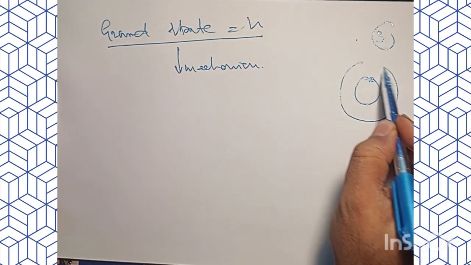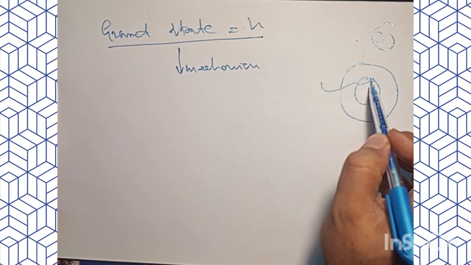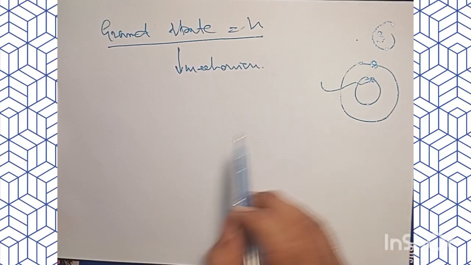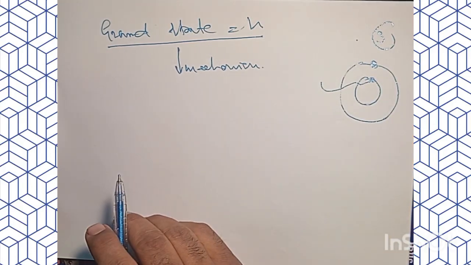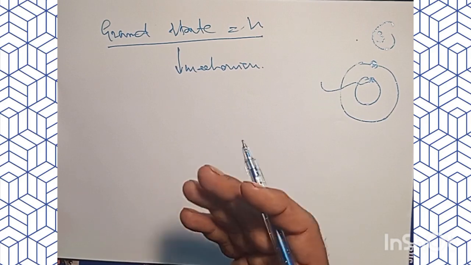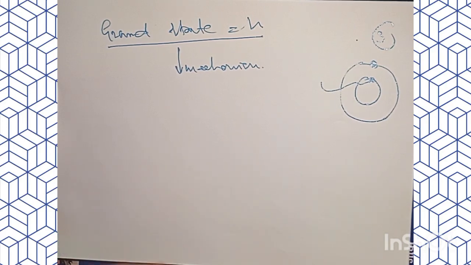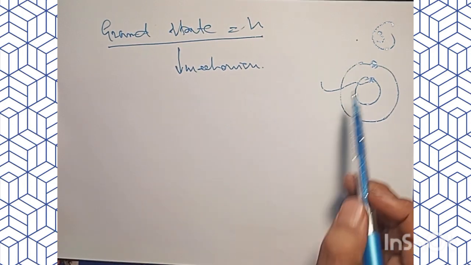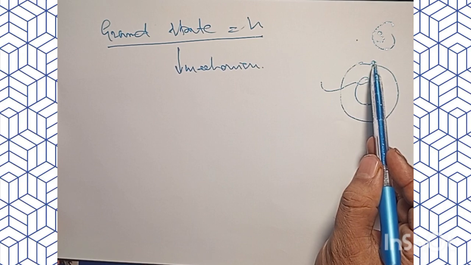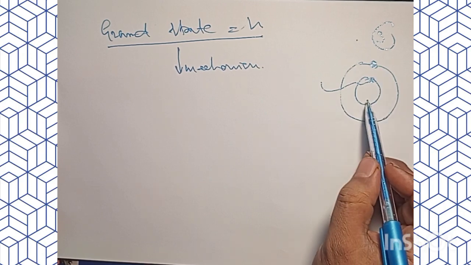So when we are in a position to move this electron to some higher energy state, we are able to see that there is emission of electromagnetic radiation,